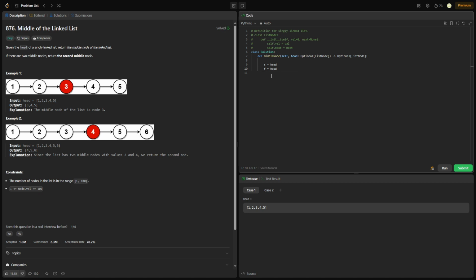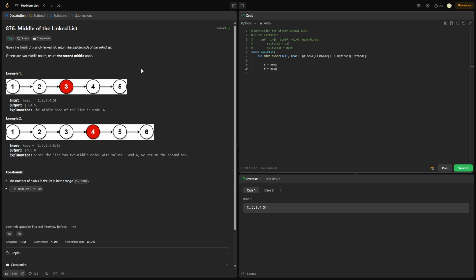linked list. And so really, what we're doing here is the fast node is going to traverse this linked list twice as fast as the slow node. The slow node's going to go once, and the fast node is going to go twice per every quote unquote iteration, right? So they both start at the head. For this first example, they would both start at 1. The slow node would go 1 forward, the fast node would go 2. Now next iteration, the slow pointer would go 1, and the fast pointer would go 2, so it'd go from 3 to 5. Now we've reached the end of the linked list for this fast pointer,